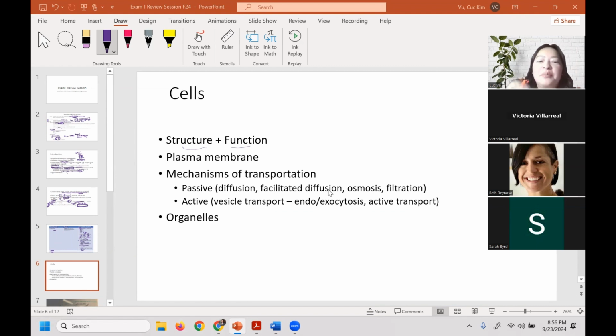Okay. Plasma membrane, make sure you know the structure of the plasma membrane. Sometimes when I'm studying this, and that's why I say I'm old school, I prefer to write out my notes. So under plasma membrane, I'll just draw it. And I'll be like, okay, so what are these? Why are they situated the way they are? And that will help me to understand that these are phospholipids, these are the fatty acid tails, this is the